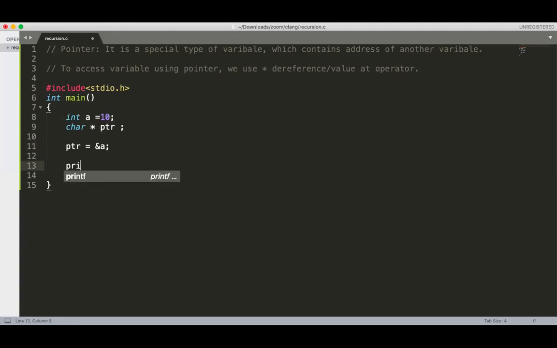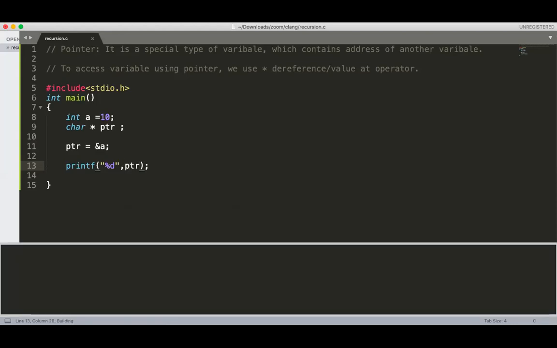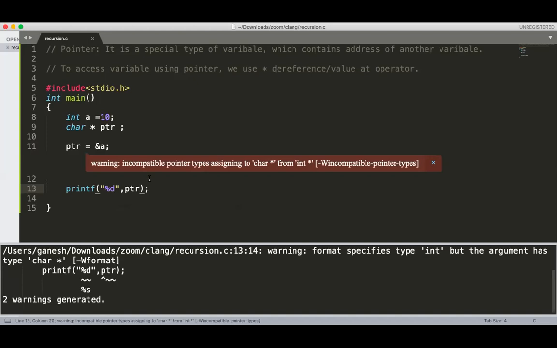No. If I do this and run the program, there is a warning: incompatible pointer conversion. You are converting from int star to char star.